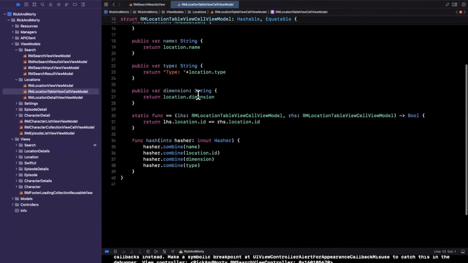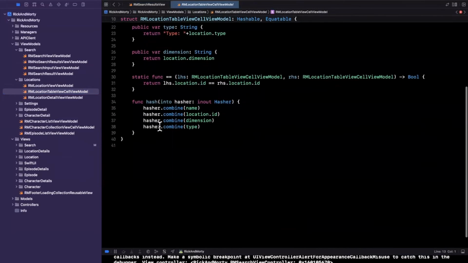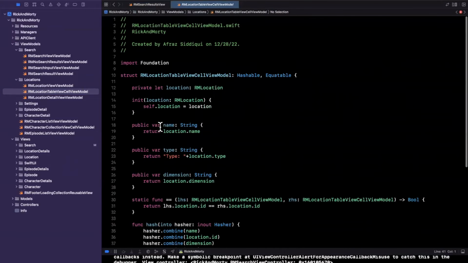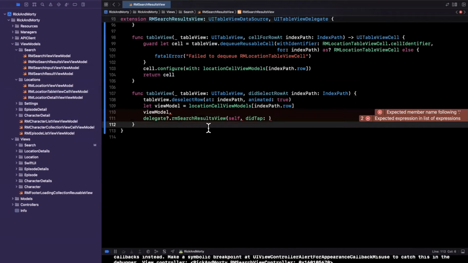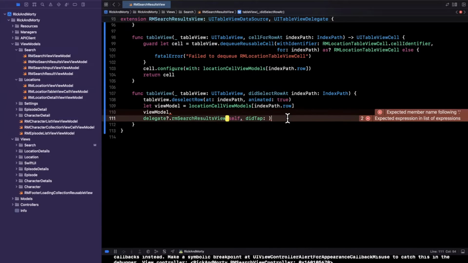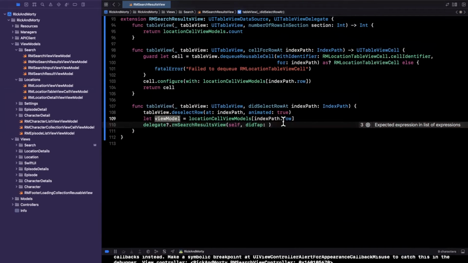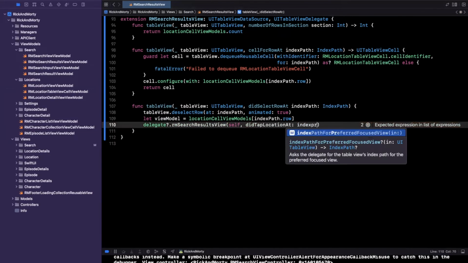So what I could do is I could just publicize it here. However, that kind of defeats the purpose of making it private. So instead of cheating, what I will do is as follows. So I'll say did tap, and I am going to say, let's do it this way. So let's say did tap location at, and I'm going to pass back the index path